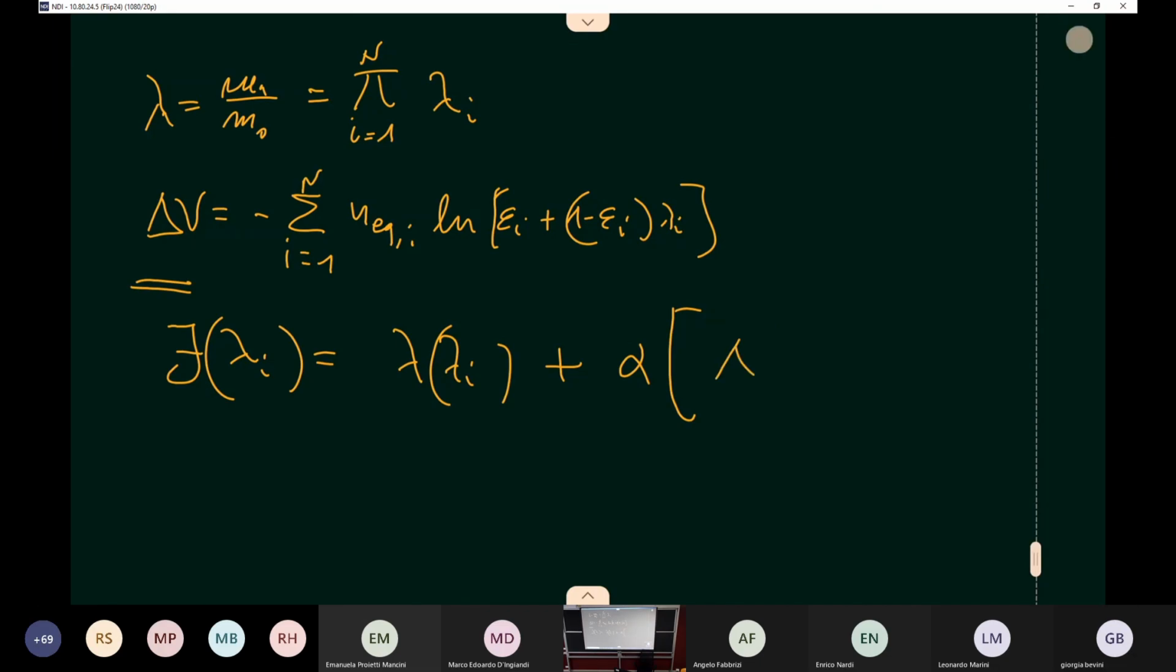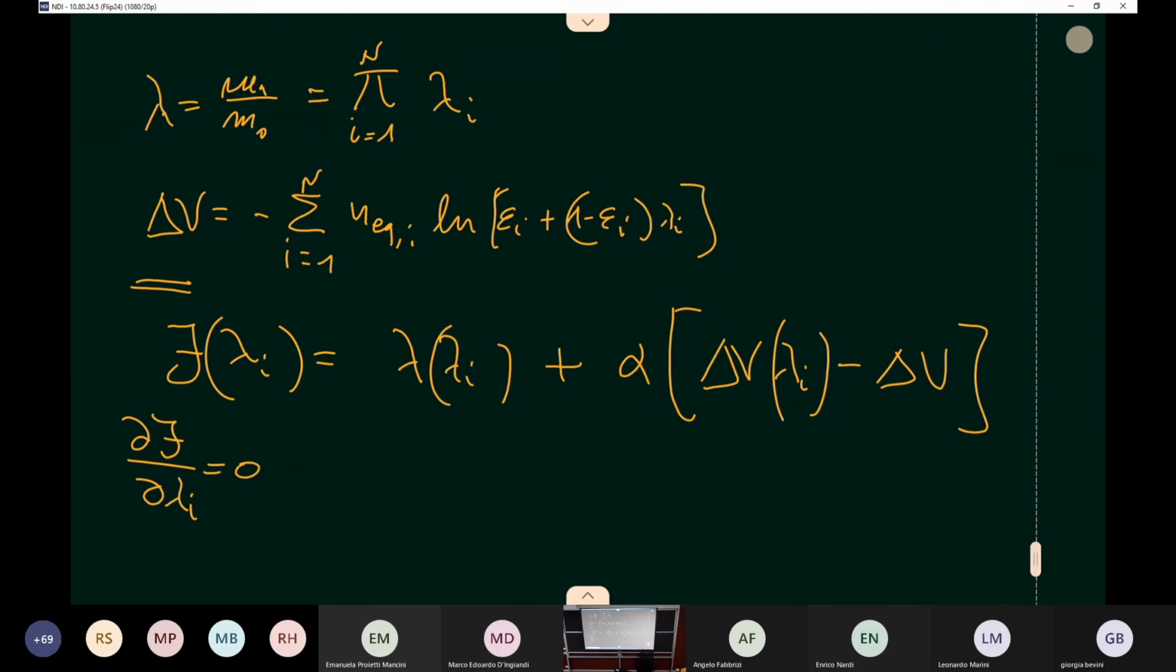So delta V, this is a number, it's a constant, let's say minus delta V. This is a constant, and this is the expression of delta V as a function of the different lambda I. And so we can make this derivative, the f over the lambda I, equal to 0 to find our optimum. We can proceed equivalently in a different way, saying that our g of lambda I would be